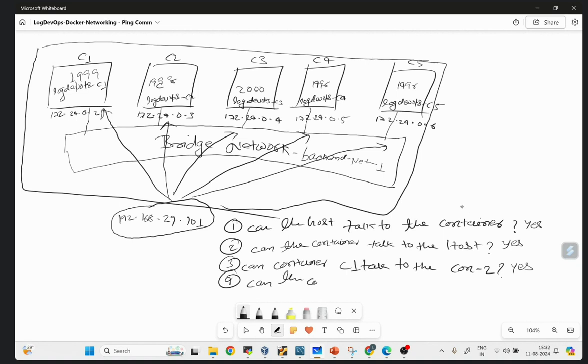Can the container, any container, can all containers from this host